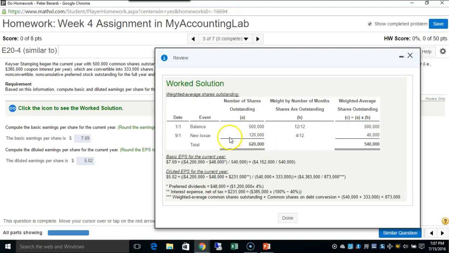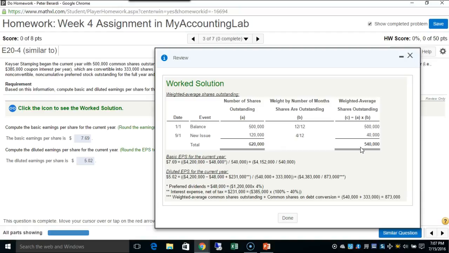The new issue on September 1st gets 4 months out of 12, so the 120,000 shares outstanding have a weighted average of 40,000. Therefore, our total weighted average shares outstanding for our basic earnings per share calculation will be